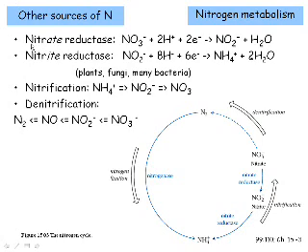Some of the other places that nitrogen enters organic molecules or is available to the living sphere, the biosphere, are coming from some of the salts of nitrogen. So nitrate is NO3, nitrite is NO2. And both of these complexes are ones that are easier for organisms to modify biochemically. So nitrate reductase can take NO3 and electrons and make NO2, make nitrites. Nitrite reductase can take NO2 and more electrons and make ammonia.